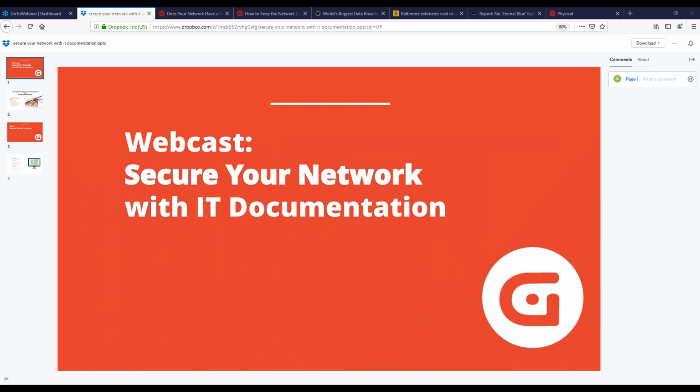So what I was saying was, no, network documentation does not solve all your woes when it comes to security. Of course, the things that do that are keeping up to date on patches and various other things having to do with your network, and of course securing all the access points and those types of things, right?